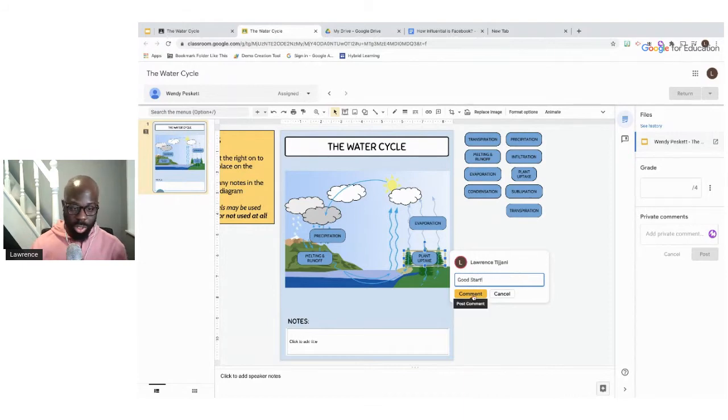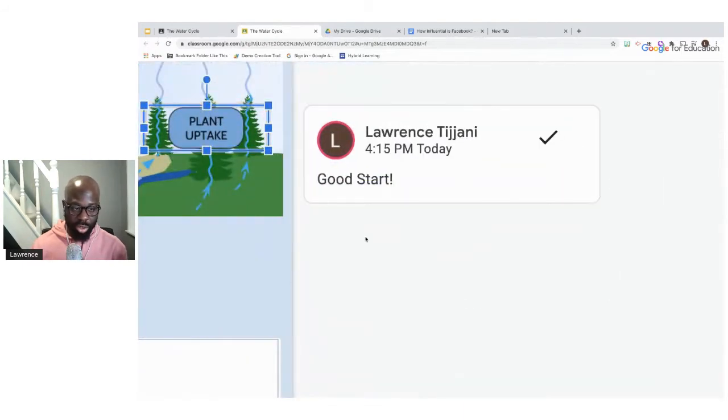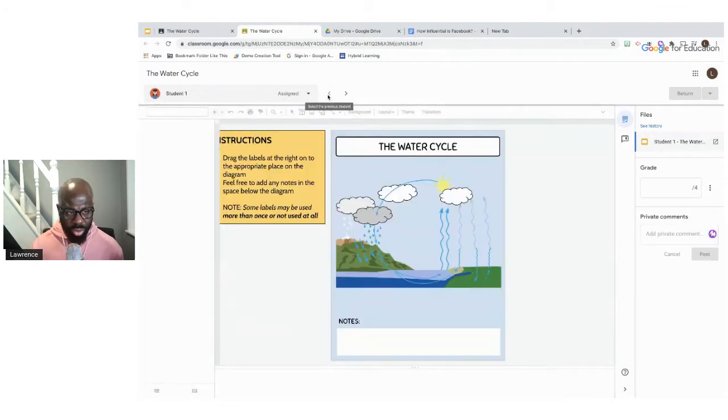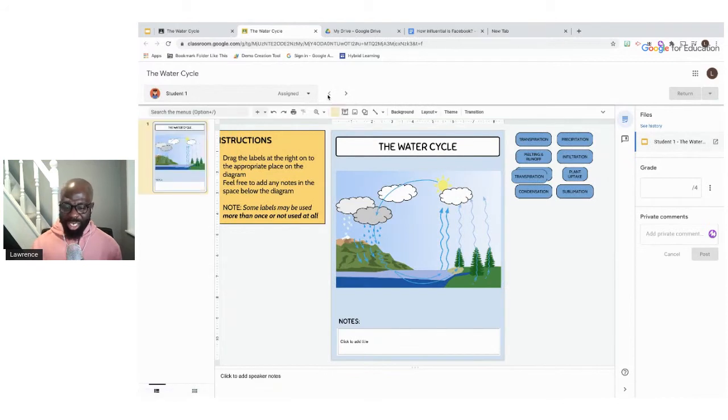And just comment on there. So just zoom in there, just a good start, and just comment on there. Now, what Wendy can do is then reply to me instantly in that document as well. But say, for example, I'm going through this, navigating through my documents or the student's documents, and I see a misconception. Instead of me having to type this out for every single student, what I would do is actually go